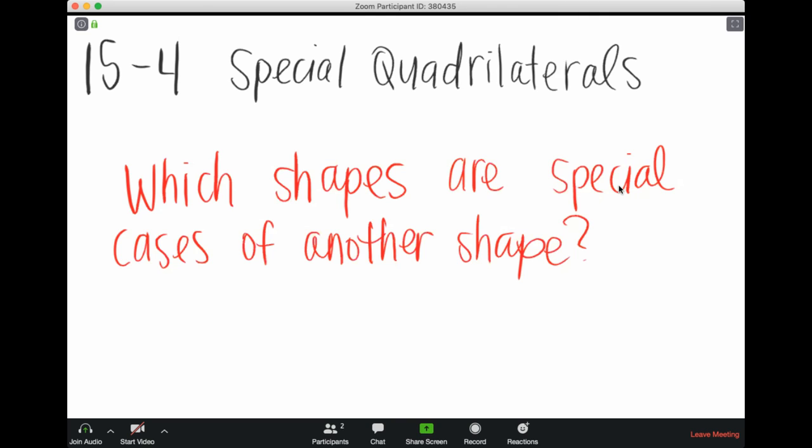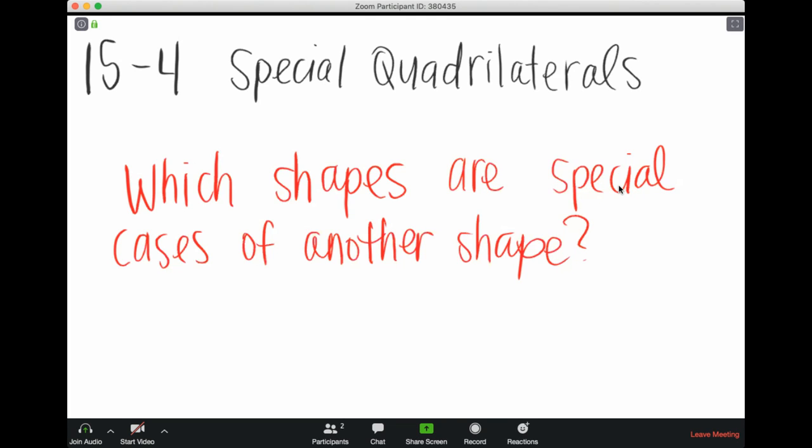Hi guys. Today we are going to be learning about special quadrilaterals. So today we're focused on topic 15-4. In 15-3 we learned the definitions of the different kinds of quadrilaterals, all shapes that have four sides, and what